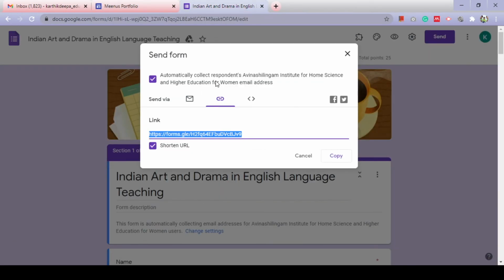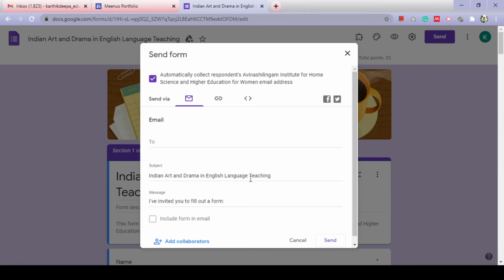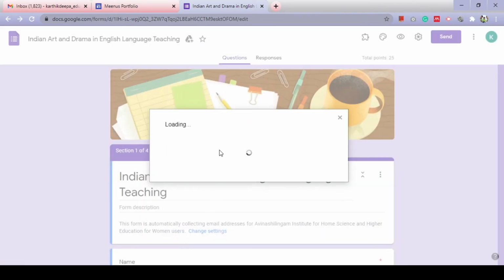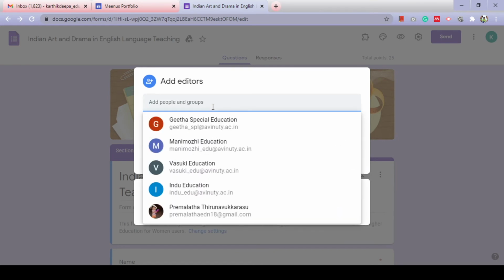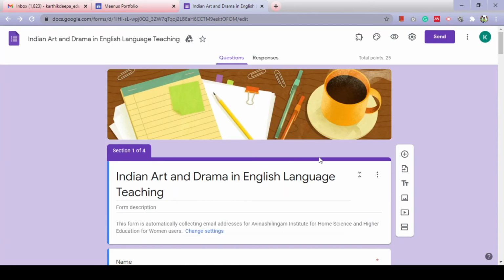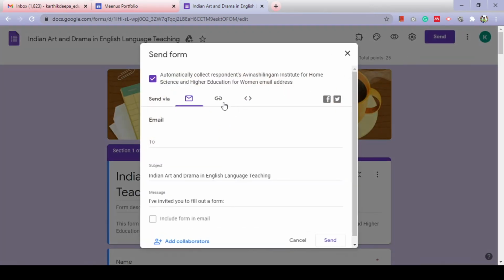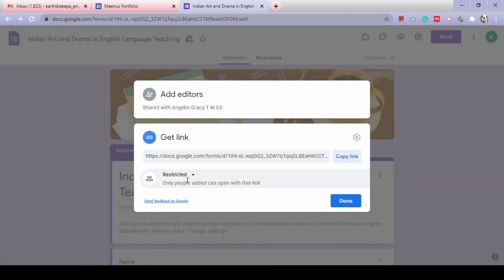So I didn't give permission. That's why, for access, I have to give permission for others. See, add collaborator. If you know your teacher's mail ID, you can add the mail ID. Otherwise, you can just go to add collaborators and change from restricted.